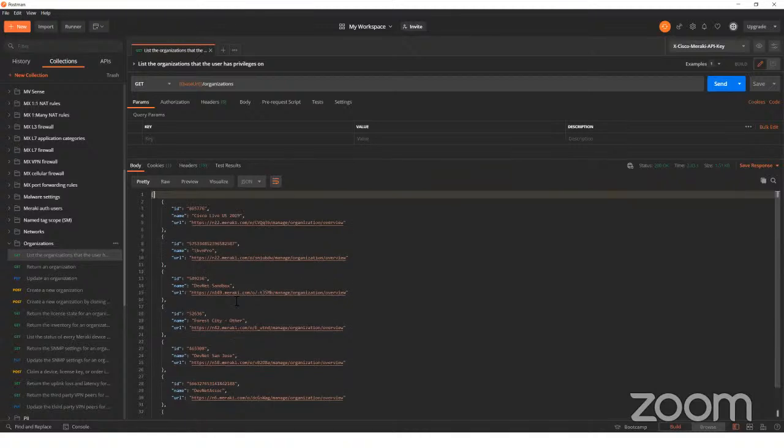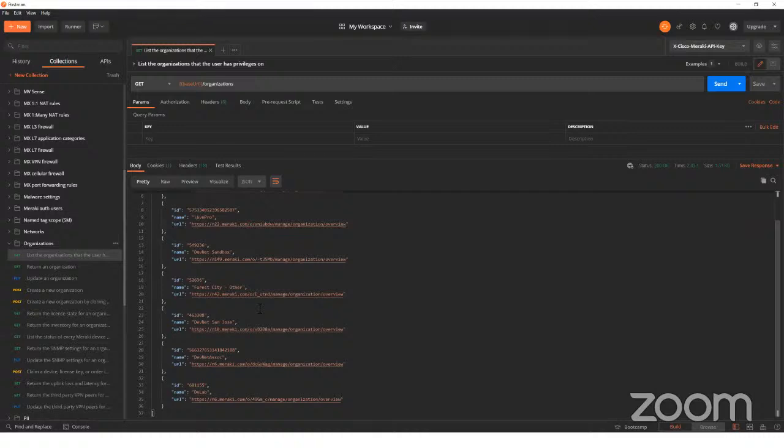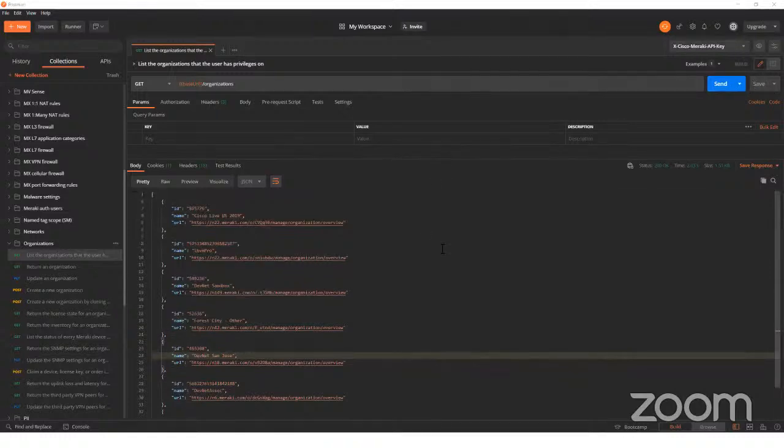Now, these are all the organizations that are tied to that API key, right? So we're going to be working with just one organization here, right? And we are also going to be adding this ID, the organization ID, as part of our environment variable. So let me navigate down to my environment variable and add,